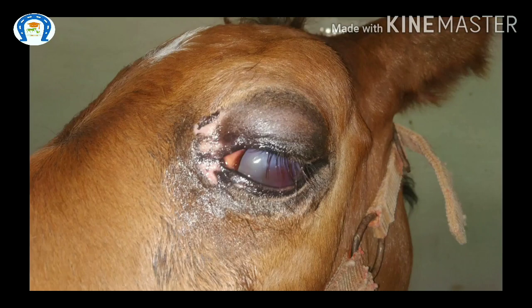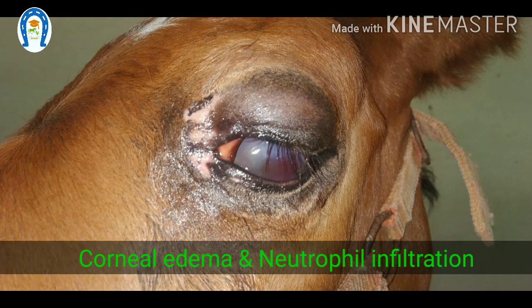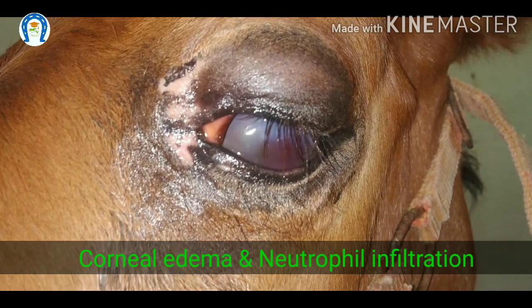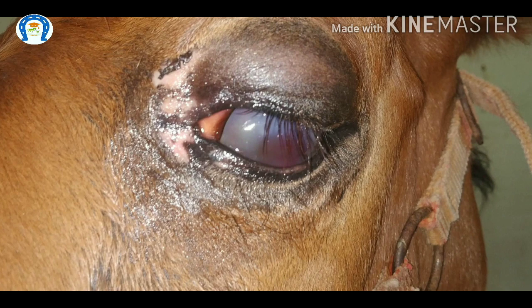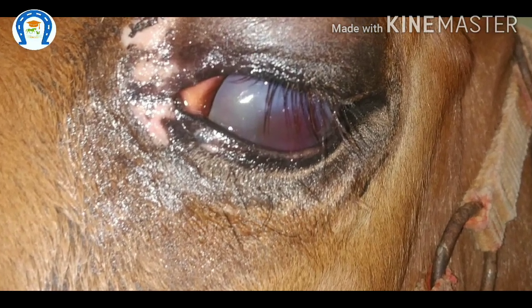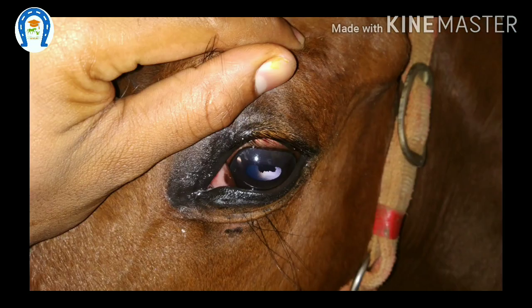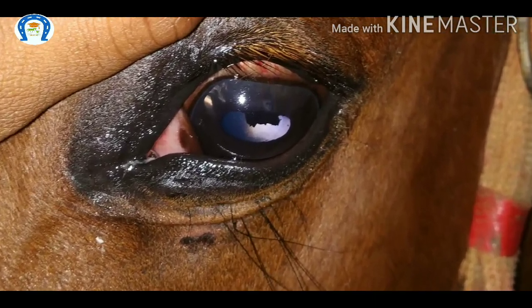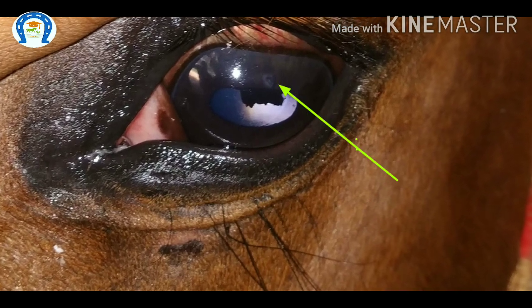Actually, what happens immediately after direct trauma to the cornea? There are 2 main things. One is corneal edema and the other is neutrophil infiltration. Fluid may enter the stroma with the loss of anterior epithelium or from the aqueous humor due to damage to the posterior endothelium. And following trauma to the epithelium, the normal bacterial and fungal or contaminating organisms can rapidly colonize and infect the area.